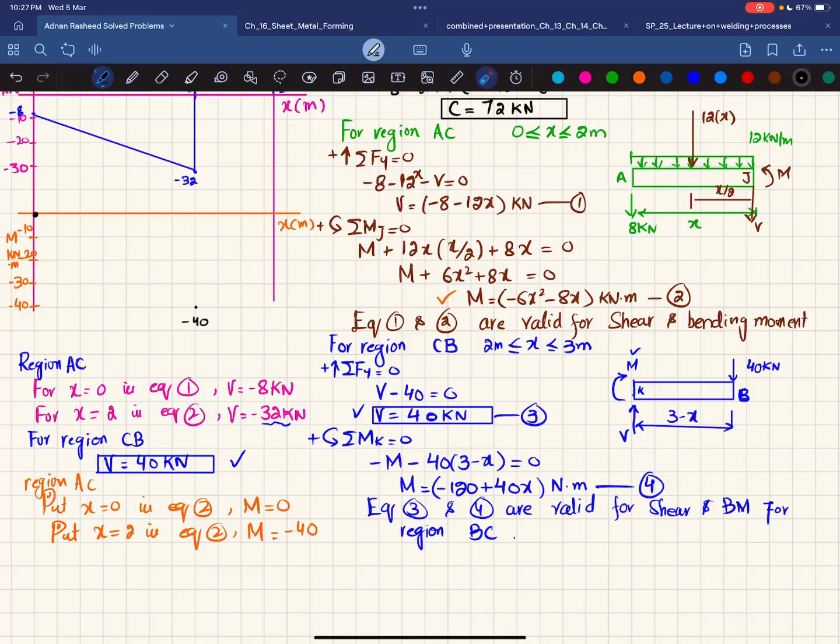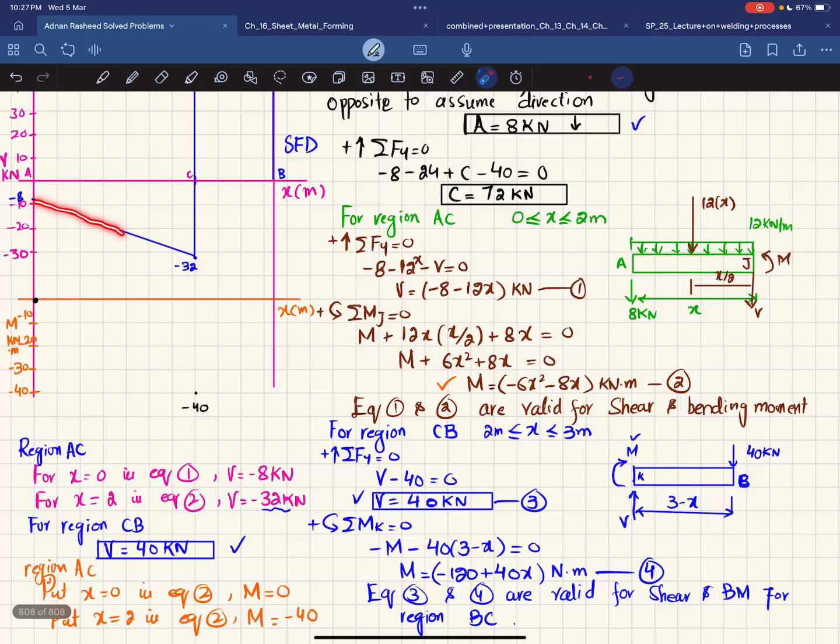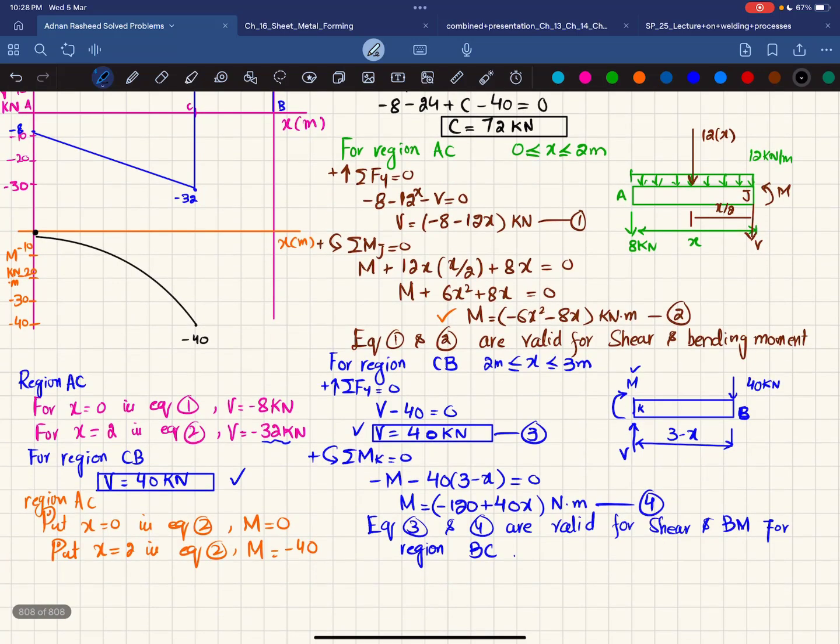Now you can see that this shear force is a 1 degree line and slope is decreasing. So bending moment will be 1 degree higher, and it will be a second degree curve in the clockwise direction. Okay, now for region